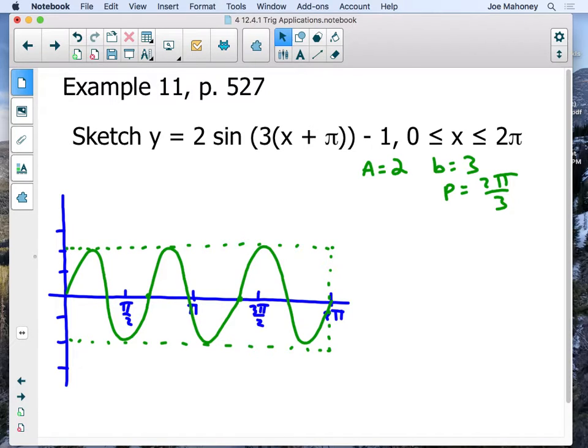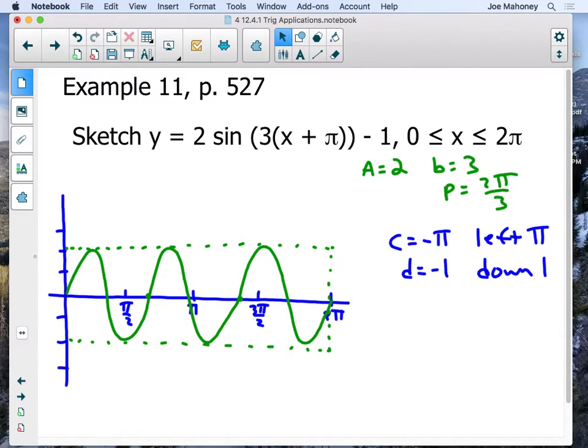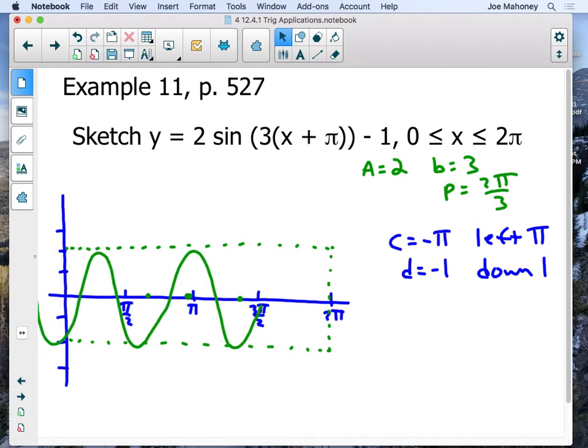So the thing that I noticed is that my C value is negative pi. So that means it's going to go to the left pi units. And the D value is negative 1. So it's going to go down 1 unit. So let's see, on my graph, pi is going to be right here in the middle. I don't think I can move that along with my graph. But what I'm going to do now is I'm going to see if I can slide this graph to the left pi